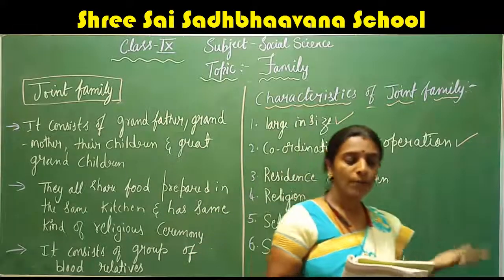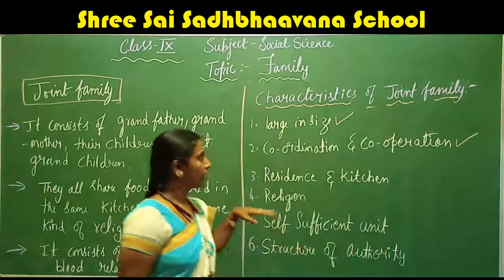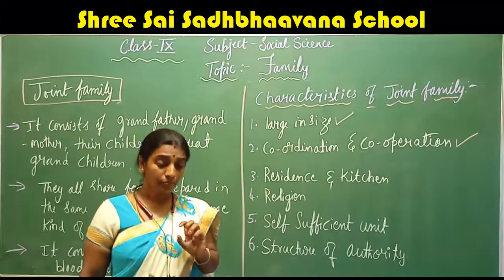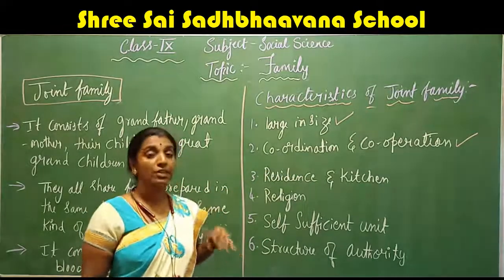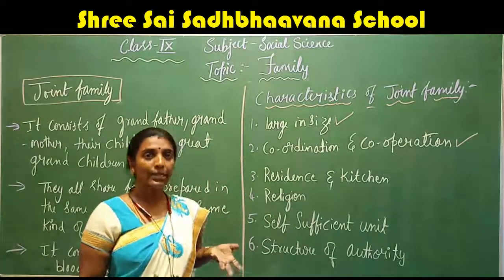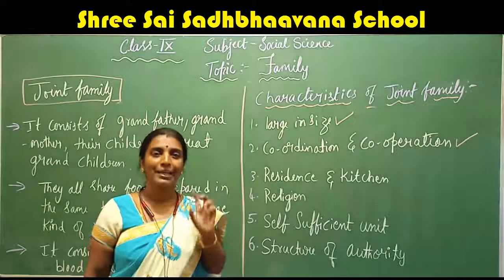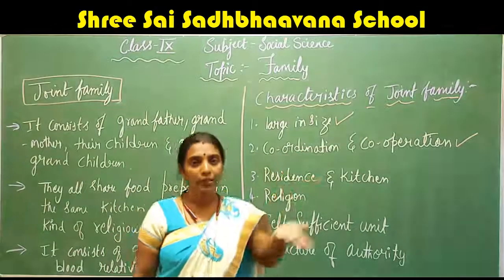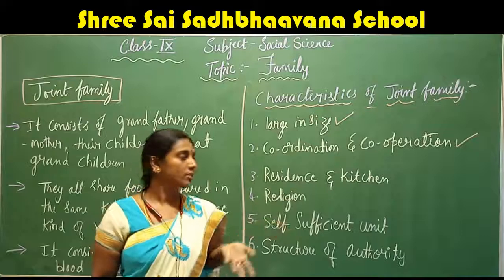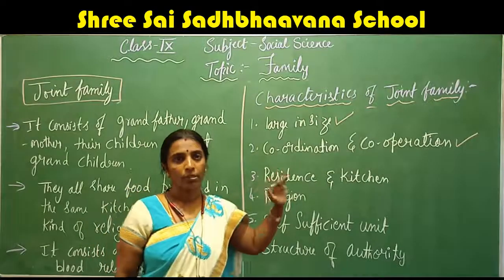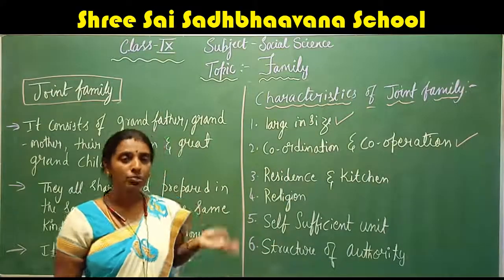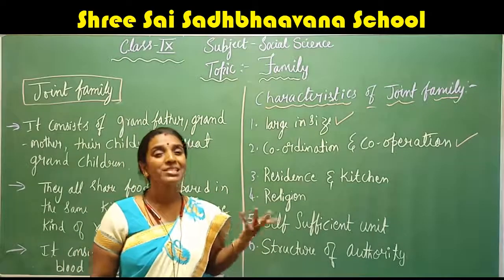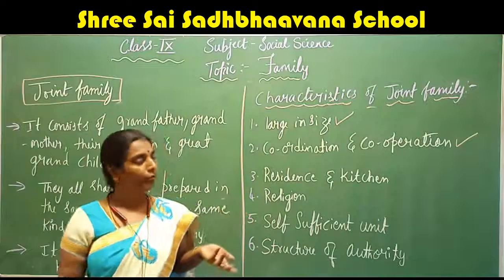So this is about the coordination and cooperation. When the head of the family is taking any decision, he will discuss with others, so that everyone together will get to a conclusion and a decision. So only there will be coordination. Even in daily works, they will be cooperative to each other. So the work will be distributed according to their age, gender, and also the difficulty level of the work.